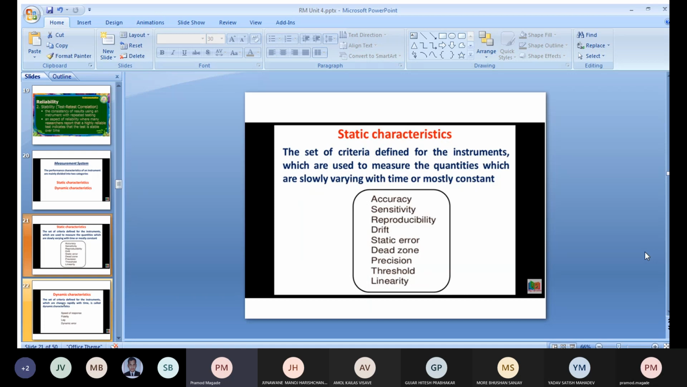So various parameters are there. One by one we will see what accuracy means and all that. So just write down these things. The static parameters, or static variables, are: accuracy, sensitivity, reproducibility, drift, static error, dead zone,